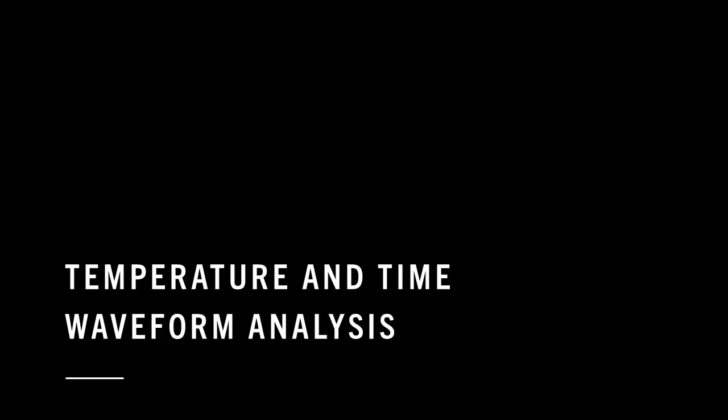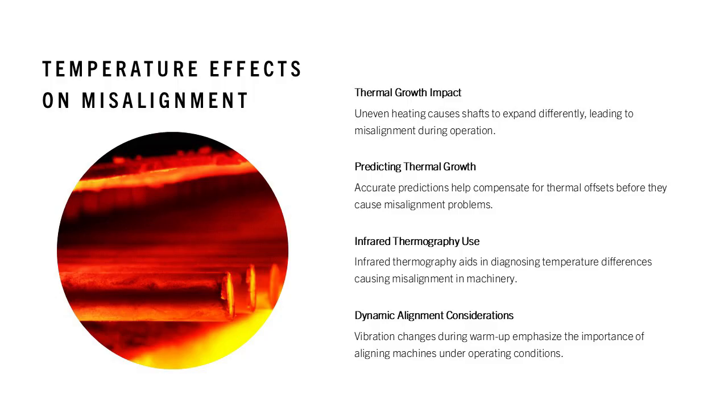Temperature effects on misalignment, time waveform analysis of misalignment. Thermal growth can cause a machine that is aligned cold to be misaligned during operation. Machines heat unevenly, especially between drivers and driven units, causing one shaft to expand more than the other. This section explains how to predict thermal growth, compensate for thermal offsets, and use infrared thermography as part of the diagnostic workflow. Misalignment related to thermal effects often shows changing vibration patterns as the machine warms up, reinforcing the need